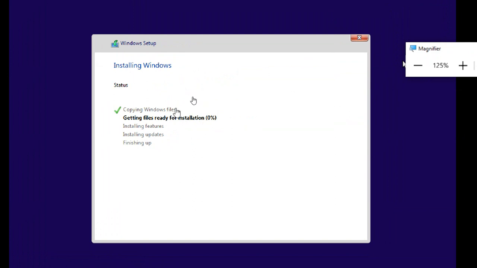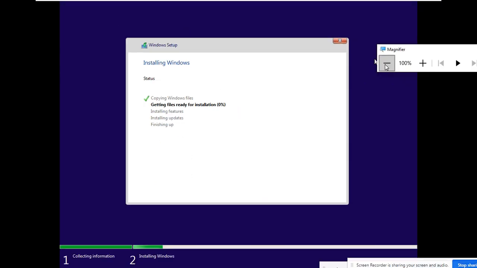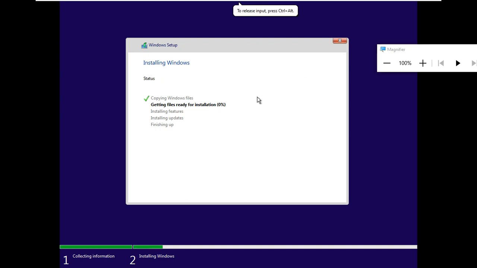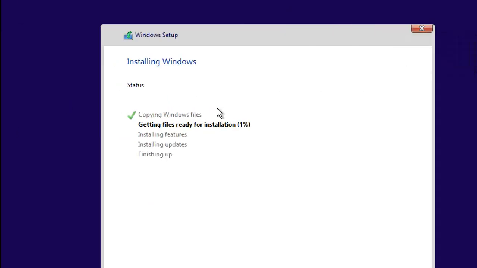Now it keeps on going. Once it reaches the finish, it automatically reboots. It will take time to complete the installation. Of course, you can change the installation process priority order. If you don't change this, also no problem. If you change it, it's okay for practice purposes.